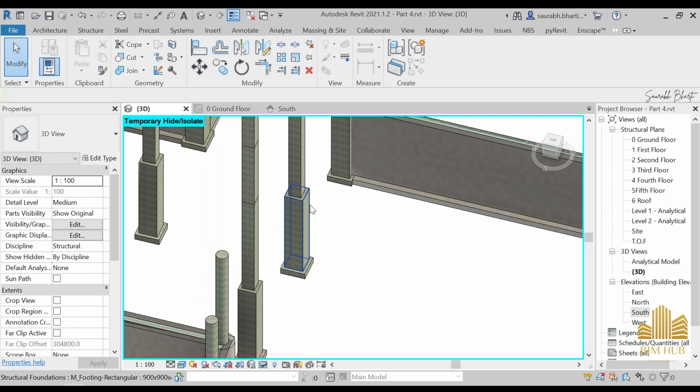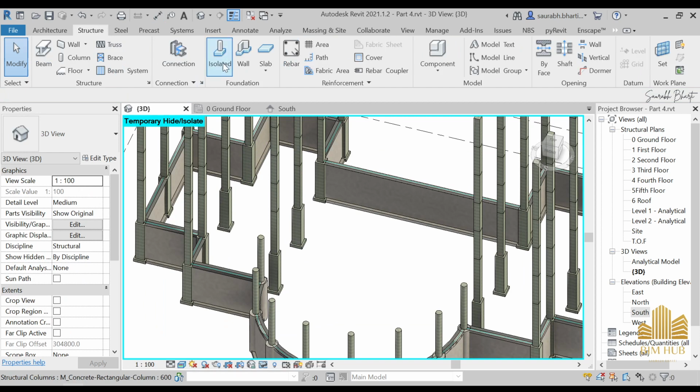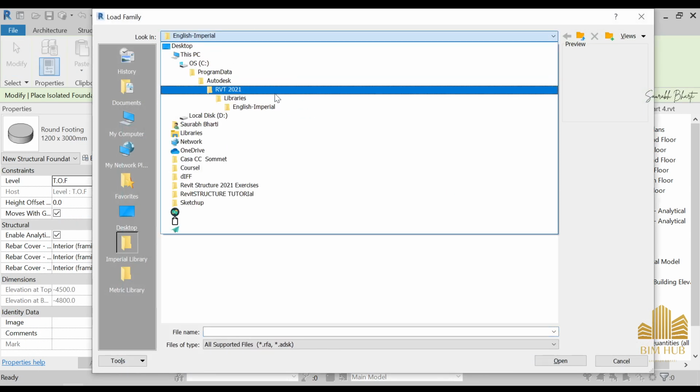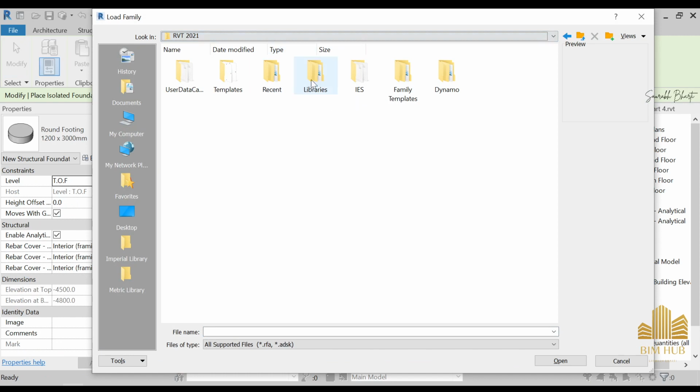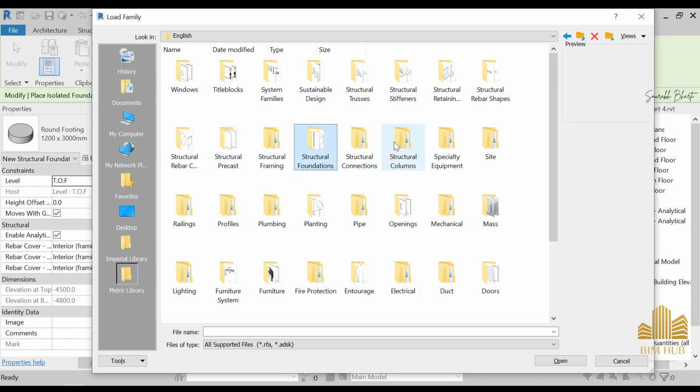Okay, so instead of this pier, you can also have used one more thing that Revit provides us with. Just go to isolated footing. Here you will go to load family and go to English. Go to the 2021 libraries, then English, and in English you can find structural foundation.